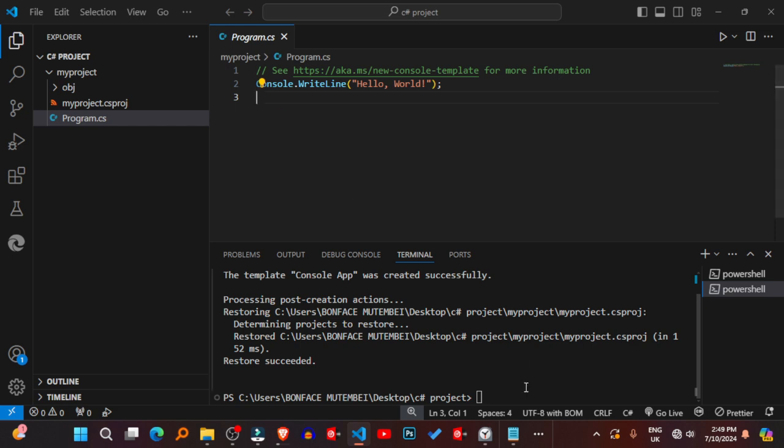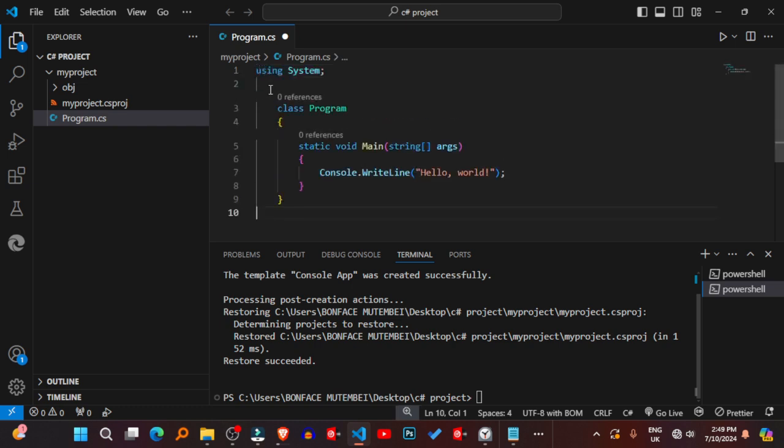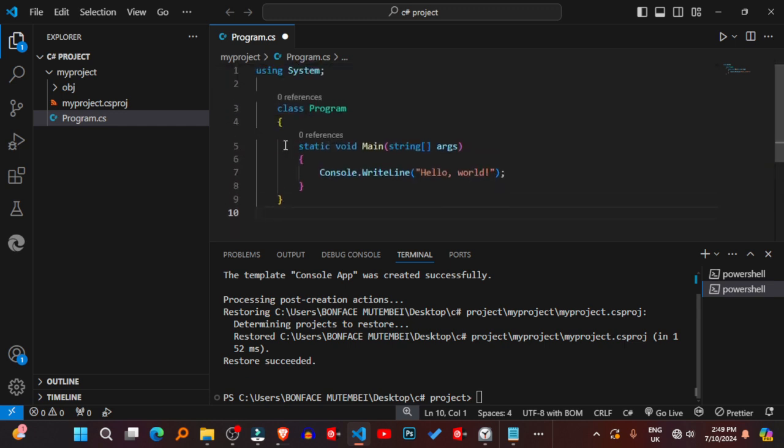Eight, write C# code. Inside your project folder, you'll find a Program.cs file. Open this file in VS Code. Write your C# code in the Program.cs file. For example: using System; class Program { static void Main(string[] args) { Console.WriteLine("Hello World"); } }